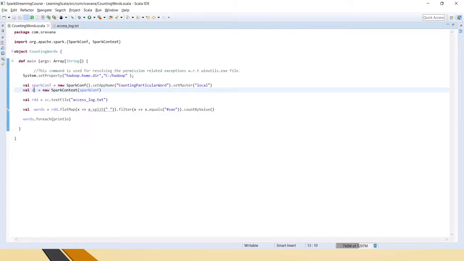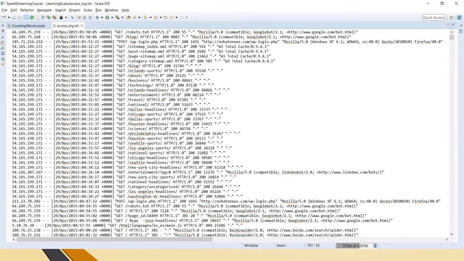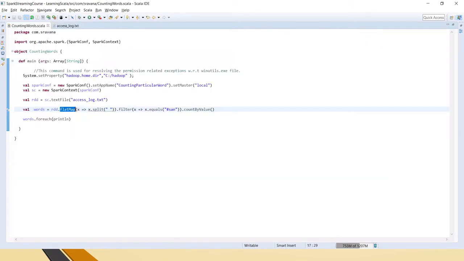So I'm reading that file into this RDD with sc.textFile, passing accesslog.txt, and creating another RDD with rdd.flatMap, because before counting the words we have to split using the space. Even if you count manually, you count based on the spaces, right?